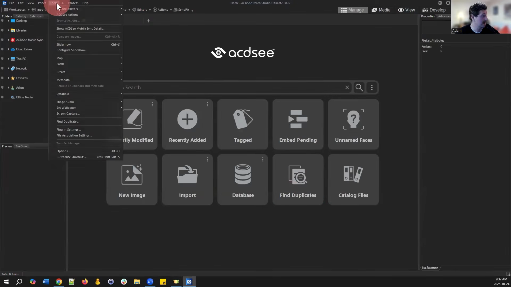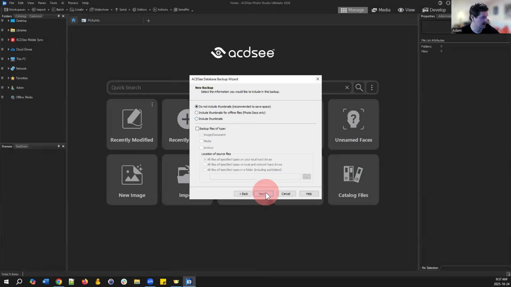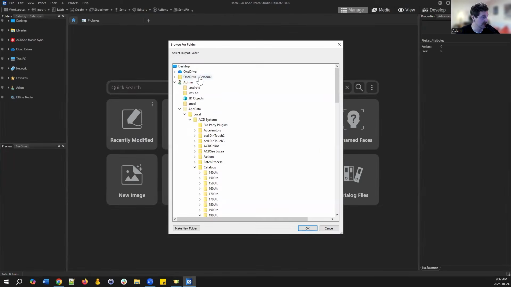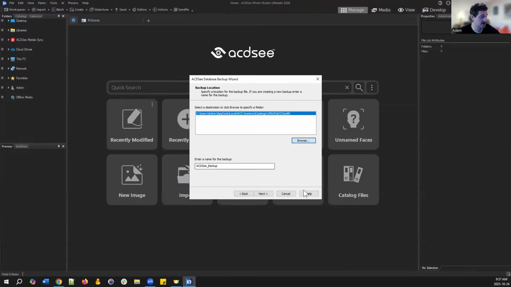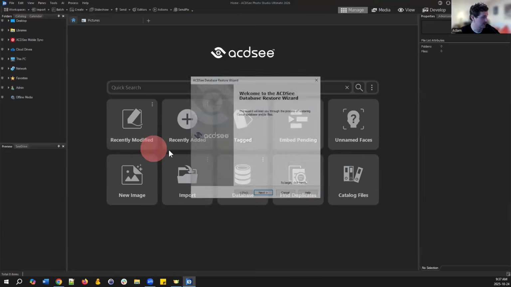And to do that, I would go through that process of the database here. I'd back up my database. I'd go to next. I would back up all types of files. We do that one, and then I would move forward in this, but I would not select this folder. I would select a different location. Maybe I'd save it to my desktop, or I'd save it to an external hard drive, and I'd move it elsewhere. The point is, though, that this is then going to be referenceable when I go to restore my database,